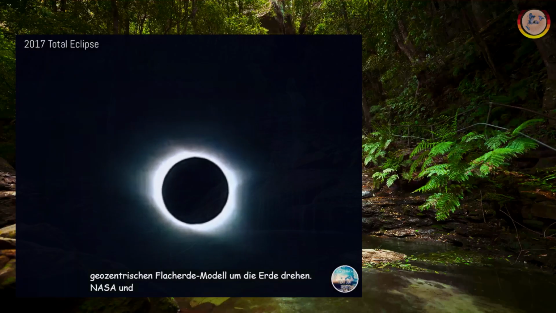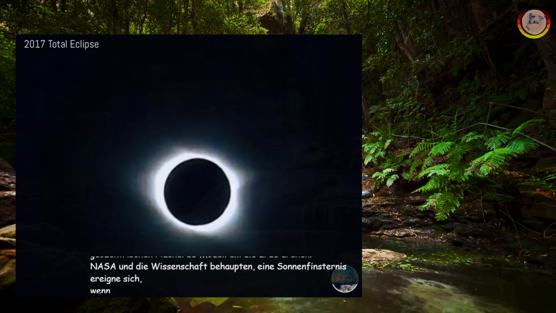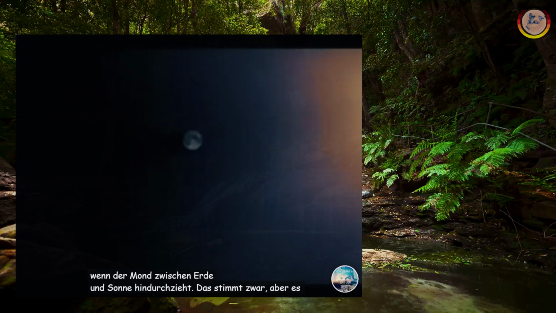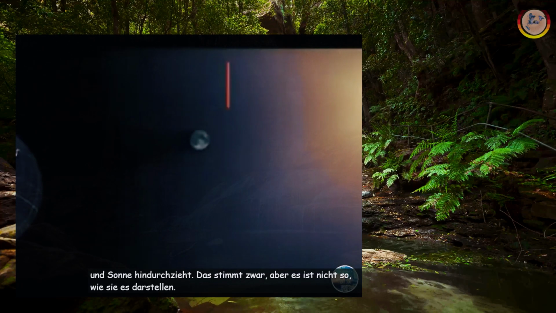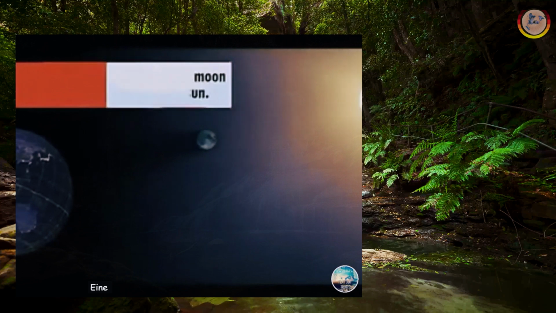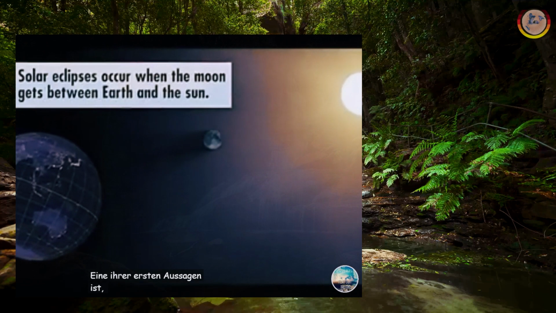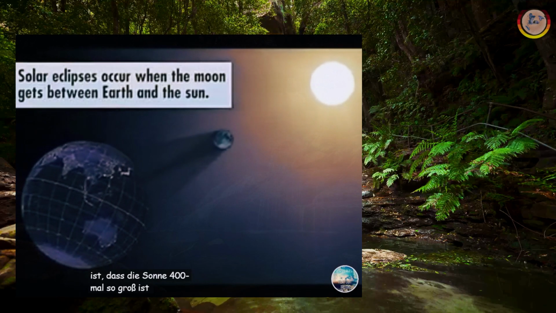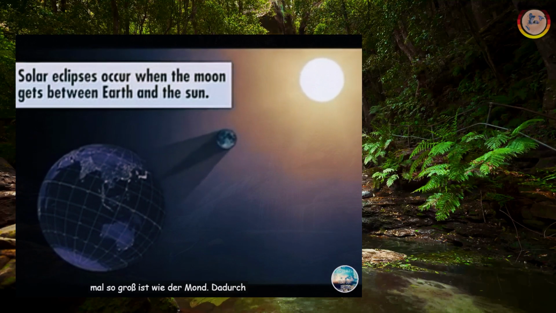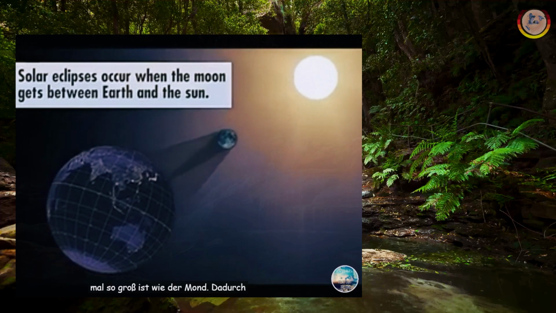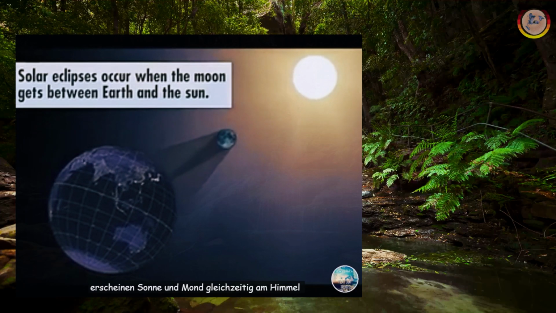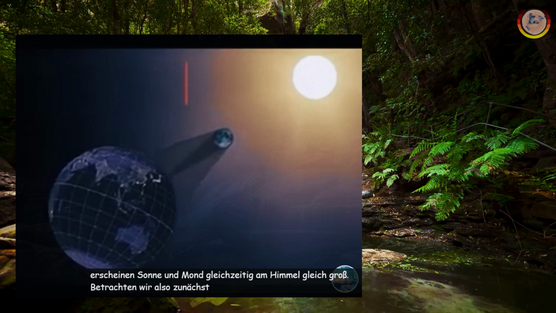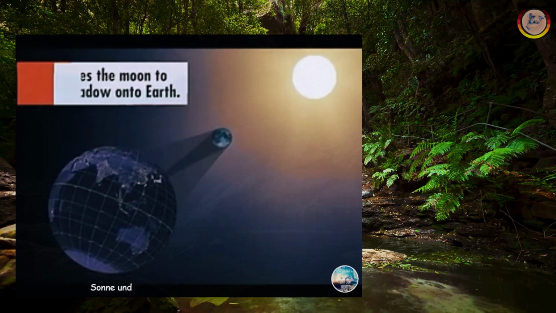Okay, now NASA and science will tell you it is when the moon passes in between the Earth and the sun. Now that is true, but it's just not the way that they tell you that it is. And one of the first things that they tell you is that the sun is 400 times the size of the moon, which by coincidence makes the sun and the moon appear to be the same size in the sky at the same time. So first of all, let me take your attention to the sun and moon in the